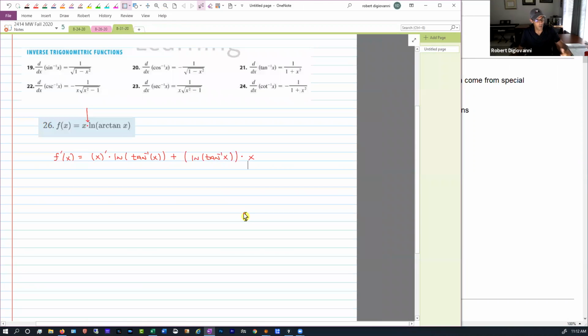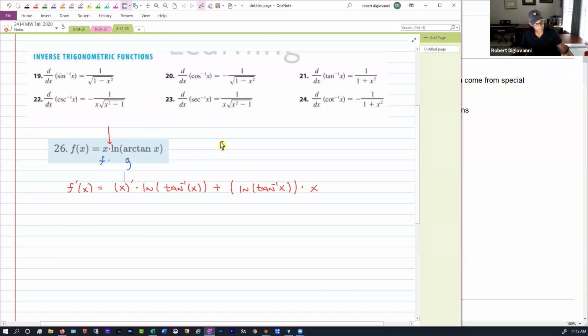Okay, so what you see here in front of you is, this was the f times this was the g. Zoom in one more there. So this is saying f prime times g plus g prime times f. Okay, so that's what I'm doing. All right, so now let me go ahead and do these derivatives. The derivative of x with respect to x is 1 times the natural log of arctangent of x,